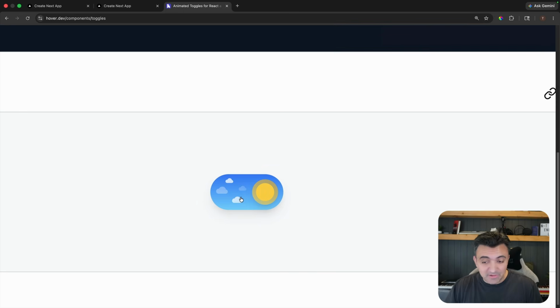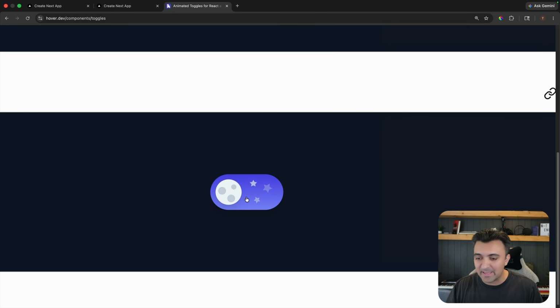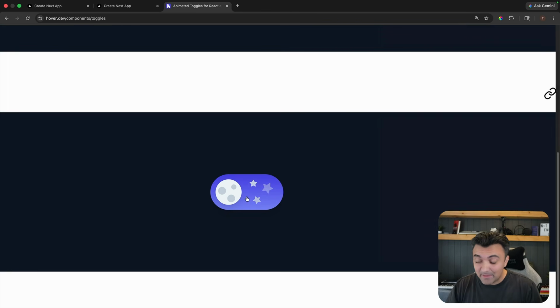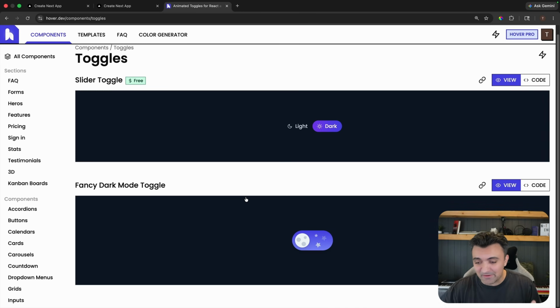So if you're like me and you like to go through Dribbble and find cool designs and cool things that people are making, a couple of years ago, one of the popular things was these dark mode toggles that have real elements that actually look like day and night cycles. So back then I made it and I always thought it was really cool, but I kind of forgot about it for a while because I never really had a project that made sense to actually use it for, just until about a week or two ago